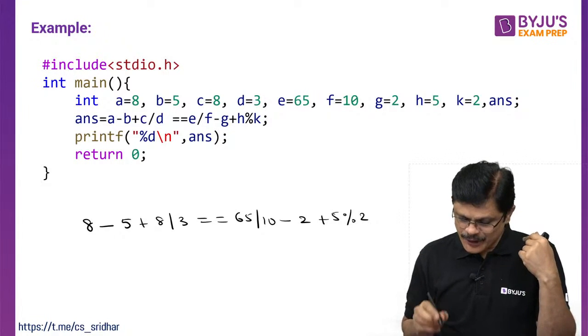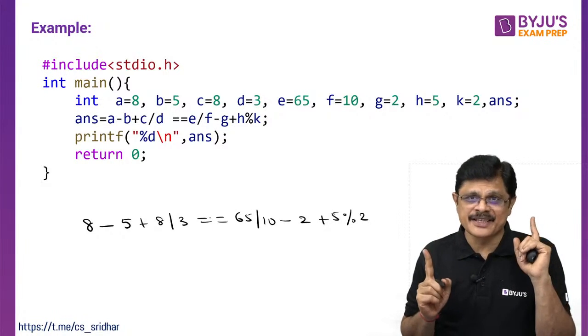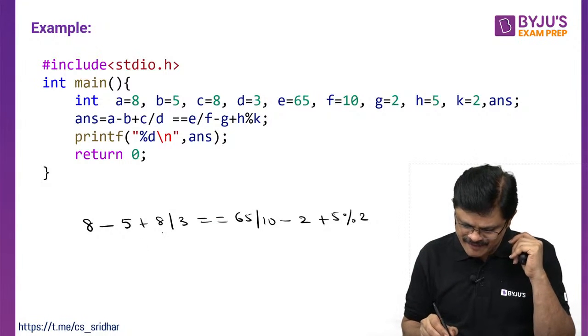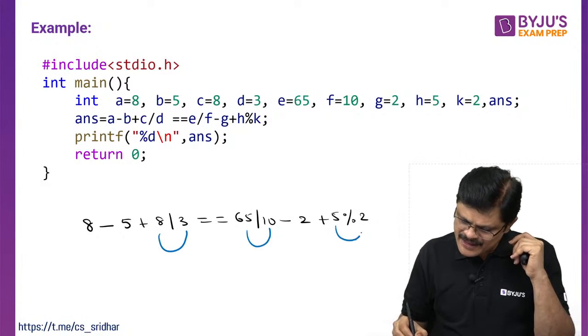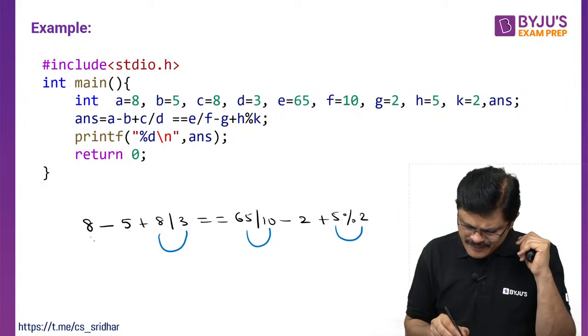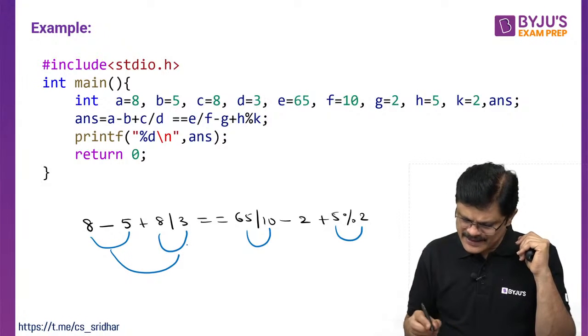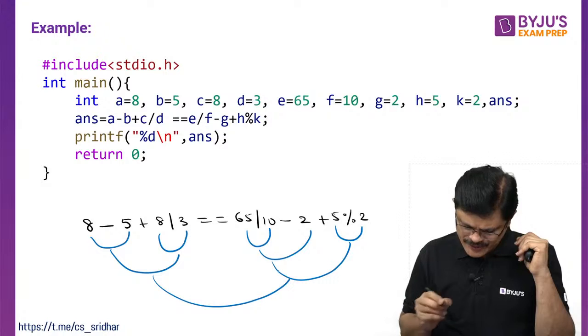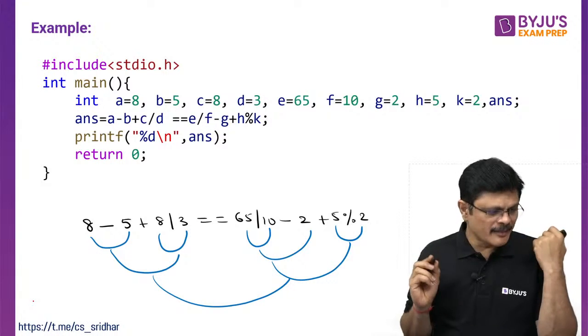Okay, sir. So now equal to is having the least precedence. Then division, multiplication, let us see first fix there. This is first, this is next, and this is also next. Then minus, plus: this minus, and this plus, finally this one. Am I clear? So now fill the blanks, my dear friends.